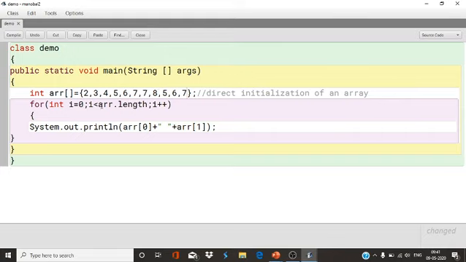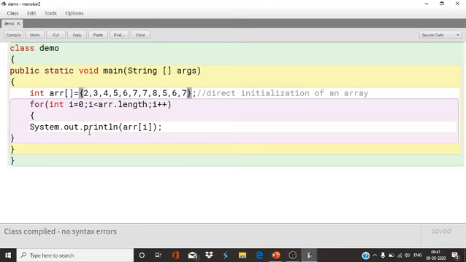What we will do, simply we will use array length and we can print the value. So how many times will the loop execute? Less than length, because it starts from 0 and length always starts counting from 1. It means less than length. Now here I will write arr[i]. It will print all the numbers present in the array.